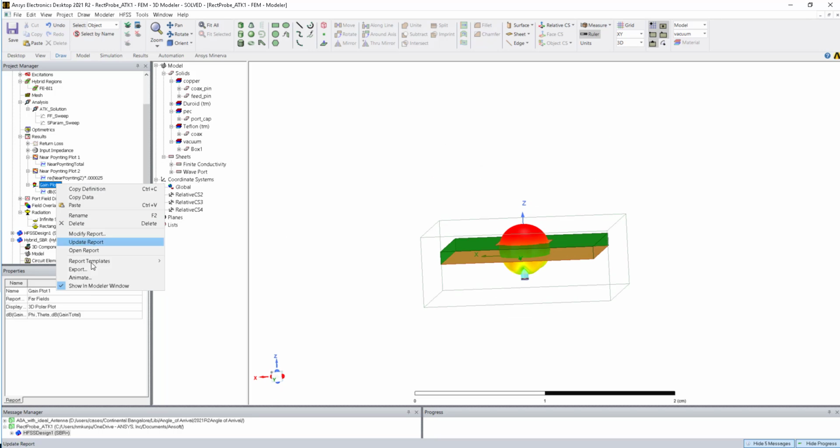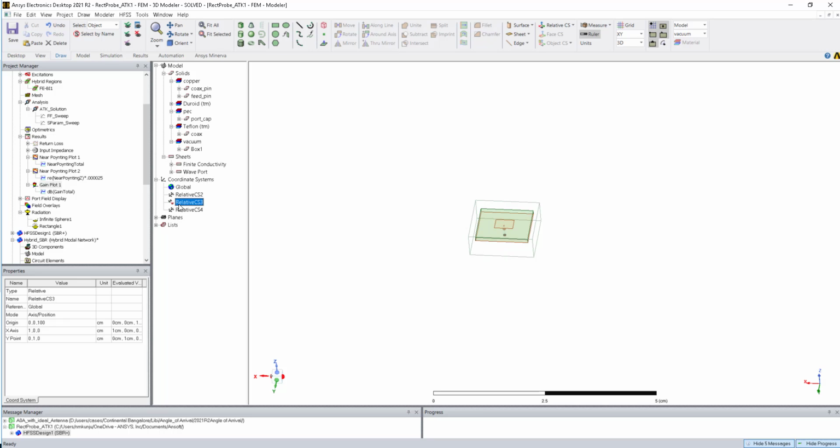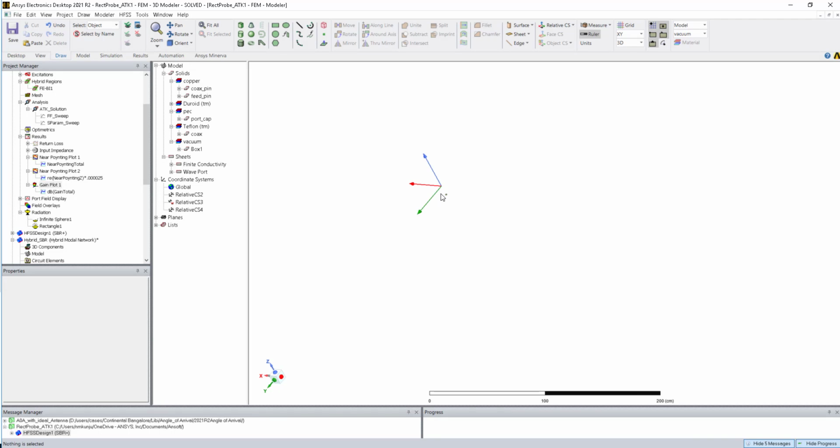Okay, so I'm just disabling this window on this particular plot. My idea is to see the power which is on top of this antenna at some distance away. For that, I need to create a coordinate system over here. So you will be able to see some coordinate. This is at what height? This is at 1 meter. So I'm changing the coordinate to 10 centimeter above the antenna. So you can see 10 centimeter above the antenna, one coordinate is created.